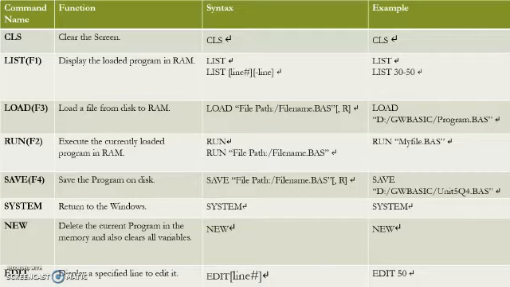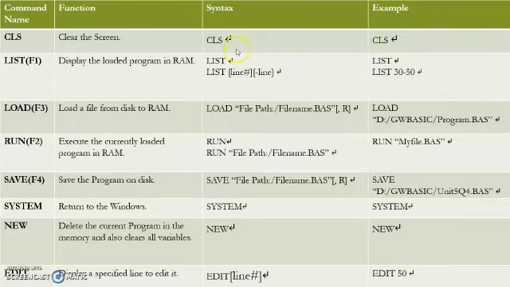The first command over here is CLS, which is used for the clear screen operation. Means you will clear the output screen with this command. Its syntax and example are simple and easy. We will just type CLS, and the arrow sign over here shows the Enter key. So we will type the CLS command and then press the Enter key. Here syntax and example are the same. As we are using this instruction as a command in direct mode of programming, it doesn't need the line number.